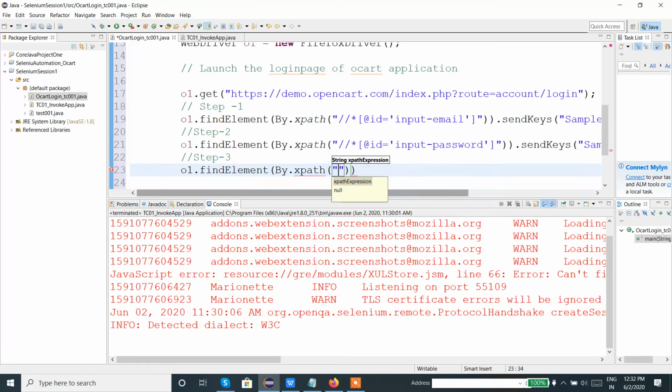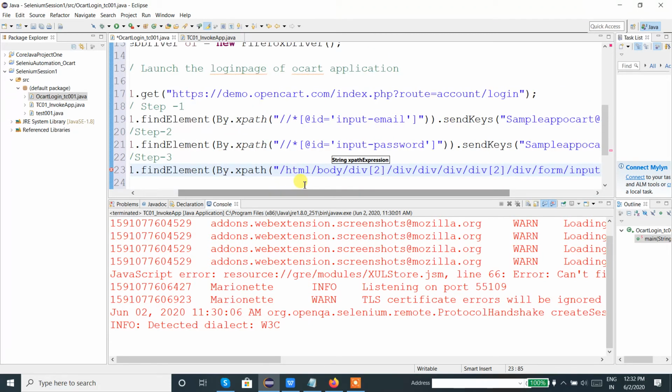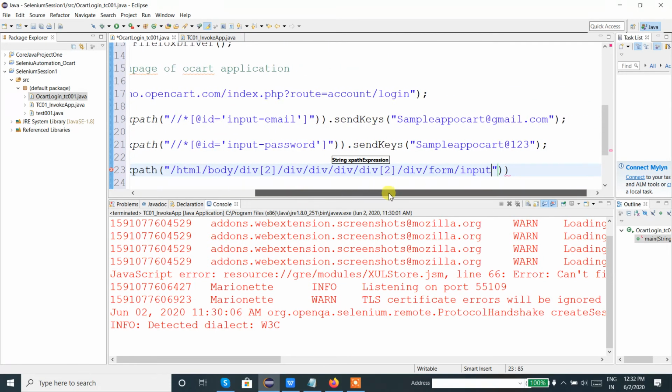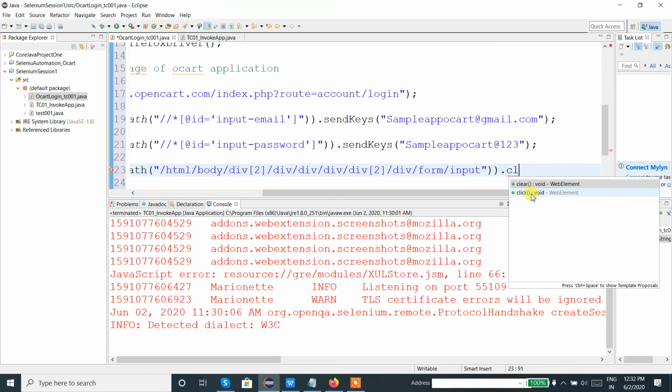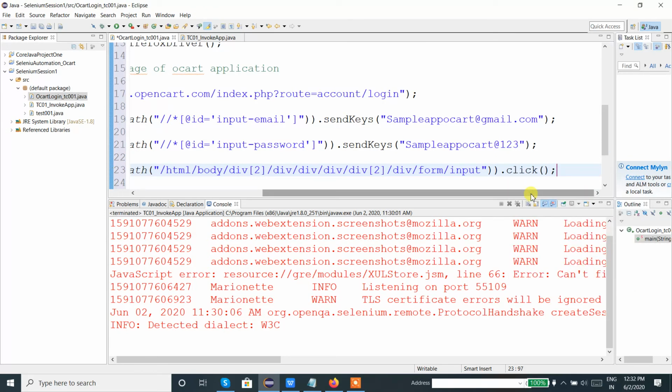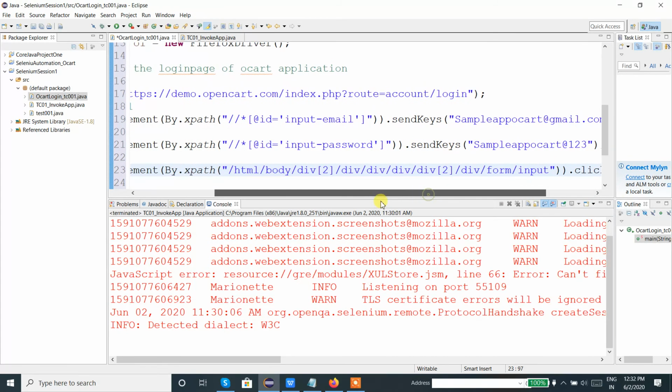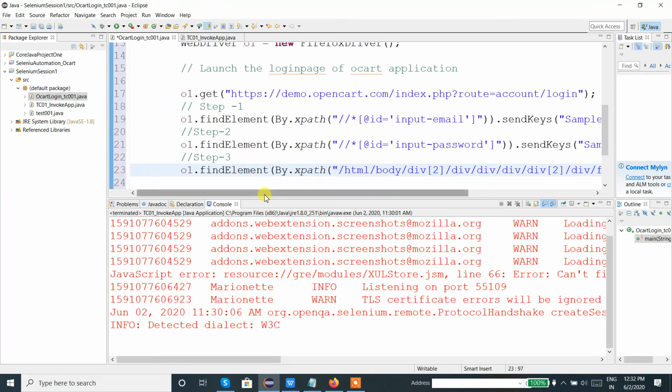Now in this I can paste the xpath for the login button. Here we are providing the xpath of the login button. Then we need to click on the button. So my script is done for all the 3 steps.